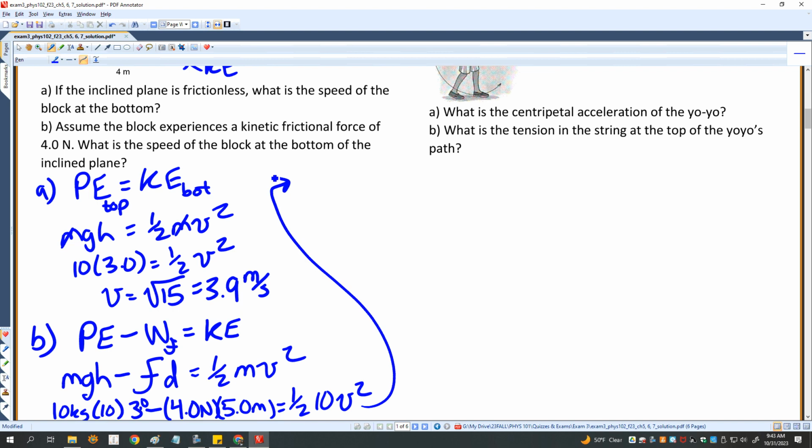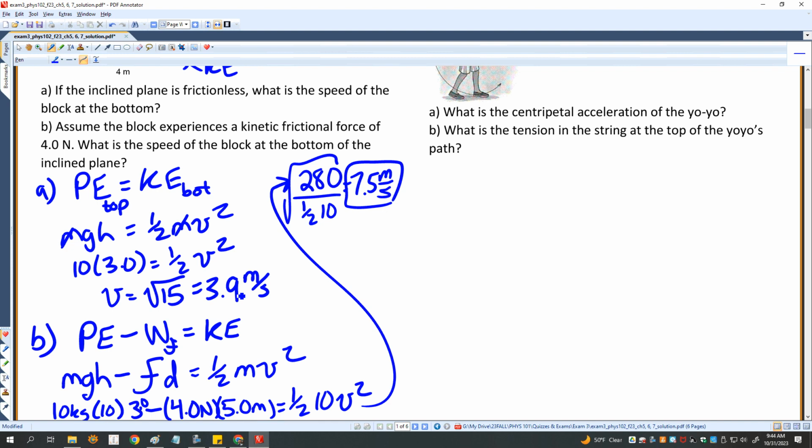So that's 300 minus 20. That's 280 divided by 1/2 of 10. Take the square root of that. I get 7.5 meters per second,